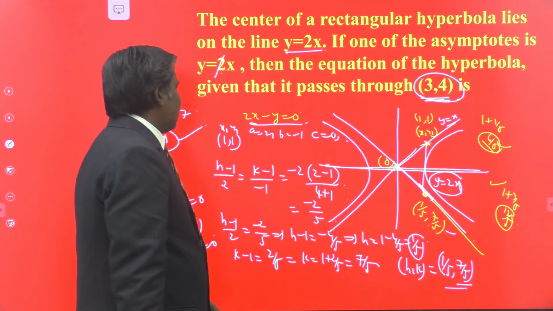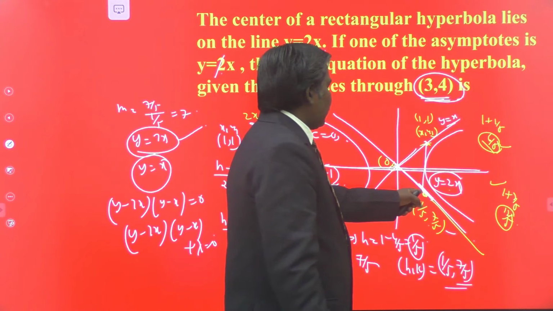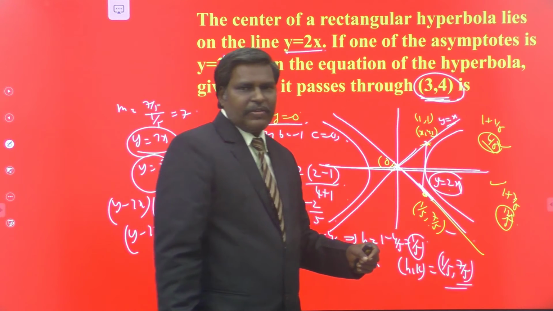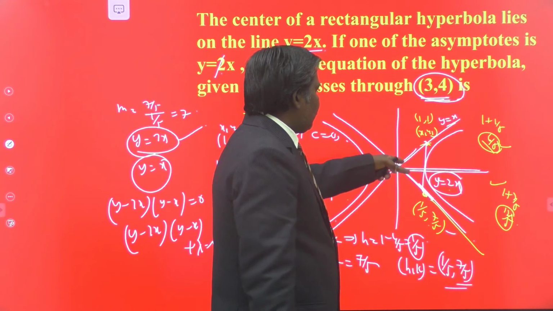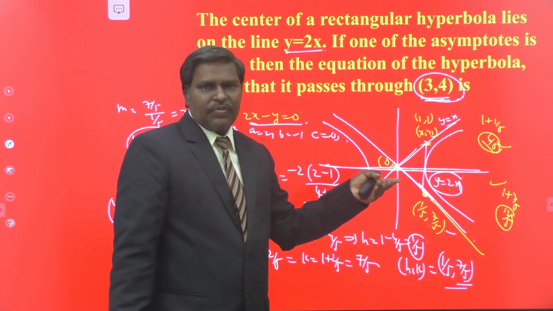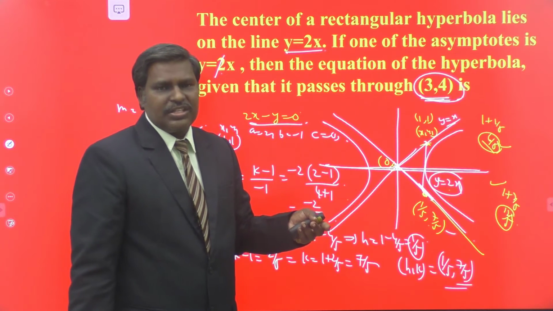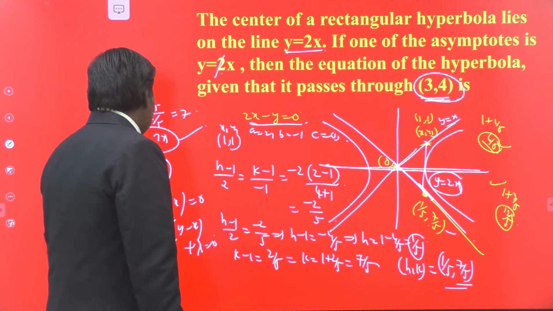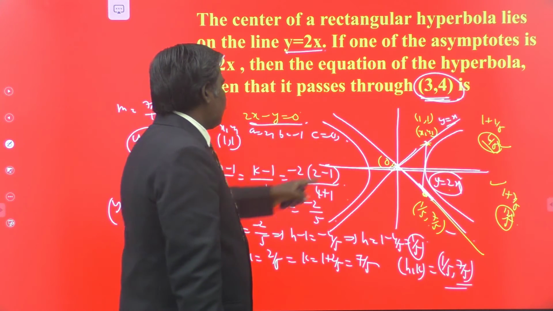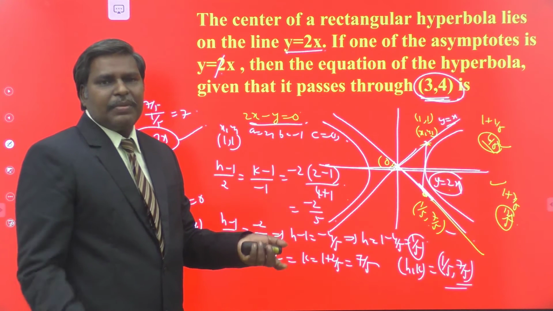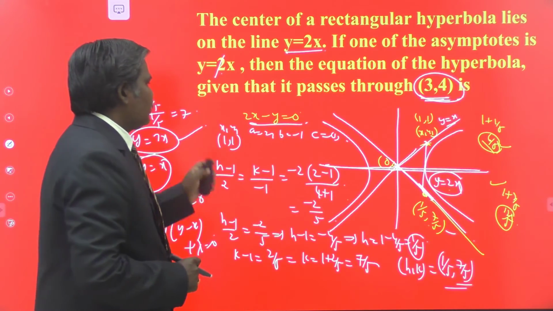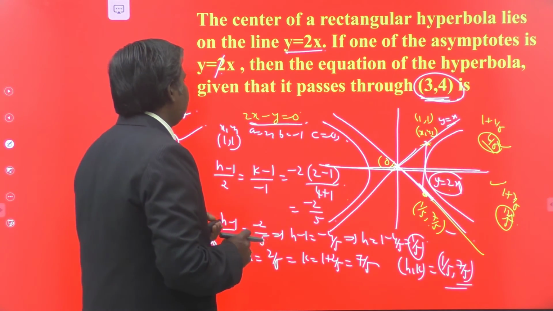From that you can calculate the image, and once you have this point on the line, you can write the equation of the line joining 0 0 and 1 by 5 comma 7 by 5. After getting the line equation, the combined equation of the asymptotes must be found. The combined equation of asymptotes of a hyperbola and the equation of the hyperbola differ by a constant. With the help of this logic, you can write the equation of the hyperbola form, and you can find the value of lambda by just substituting 3 comma 4 here itself. We obtain lambda, substitute lambda here, and again we obtain the required equation of the hyperbola. So this is the logic behind this problem. Okay.